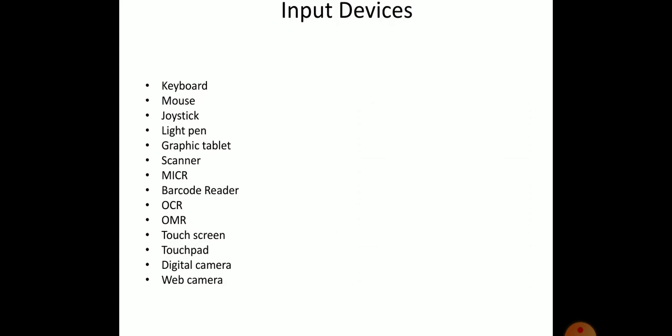So today we saw all the input devices. Let's have a look.